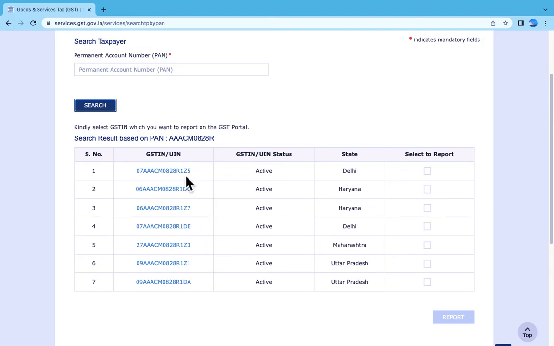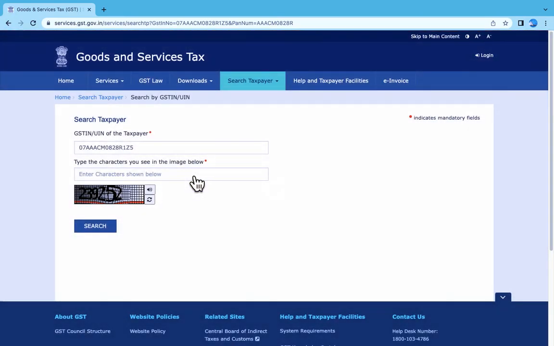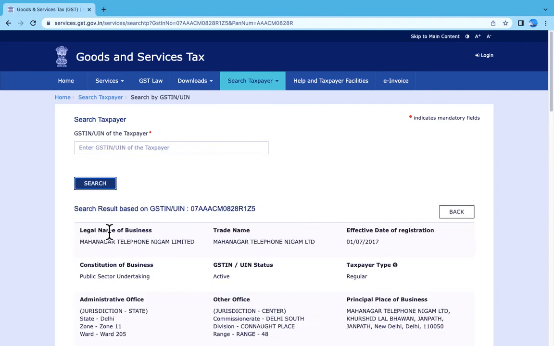We can click this. Now we can get the GSTIN number, enter the captcha, and search.